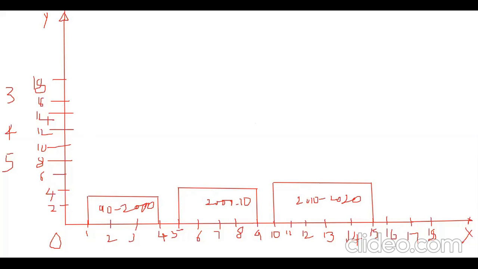If we draw according to scale exactly, they will be in square shape. All sides will be 3. This is also 3. This is also 3. This is also 3. All sides it will be 4. All sides it will be 5. So like this they should be actually, if we draw according to scale.